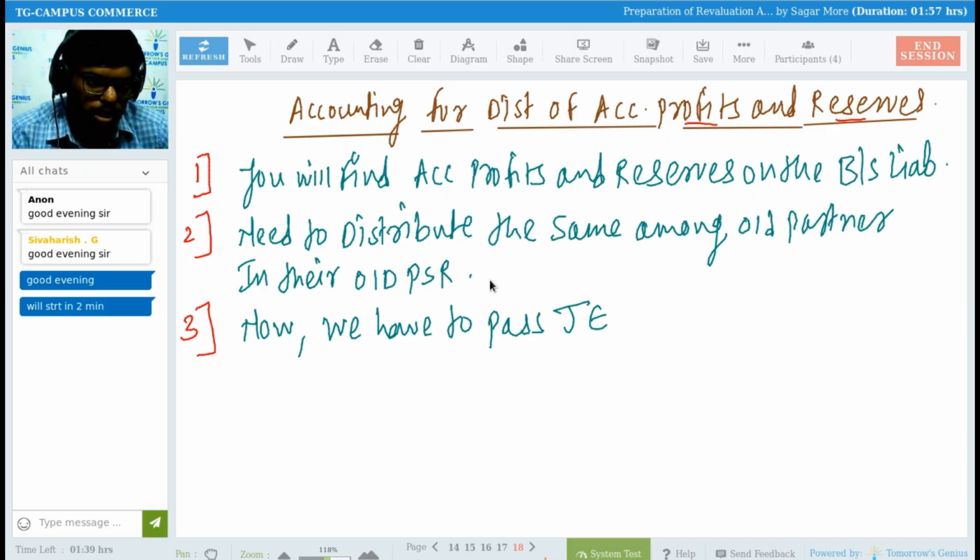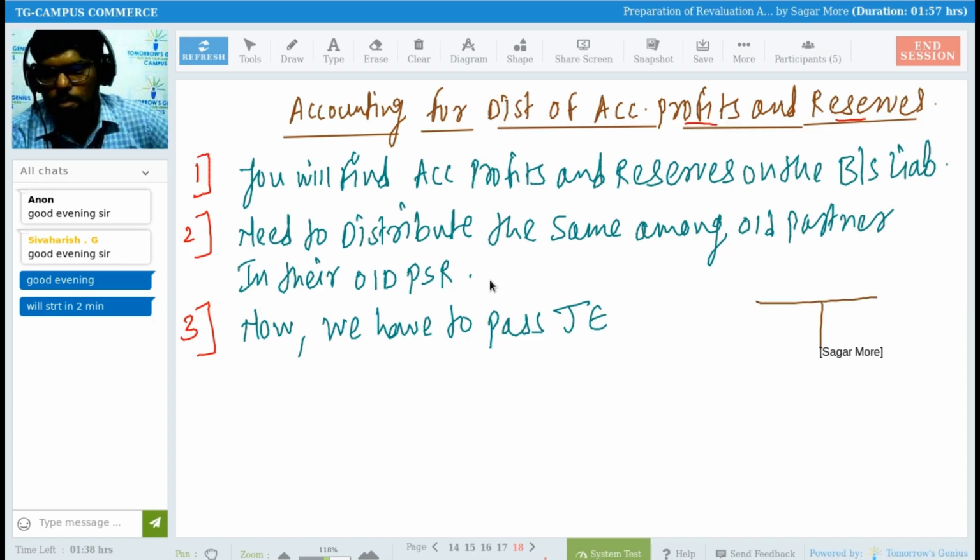It depends upon which method they are asking me. If they are asking for the fixed method, then I will be preparing the current account. If they are talking about the fluctuating method, I will be preparing the capital account. Fluctuating method is there then. So we are going to prepare the partners capital account. Now my simple question to you: if I prepare the partners capital account roughly,